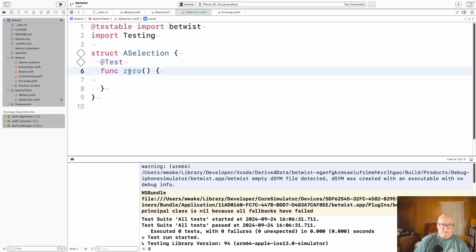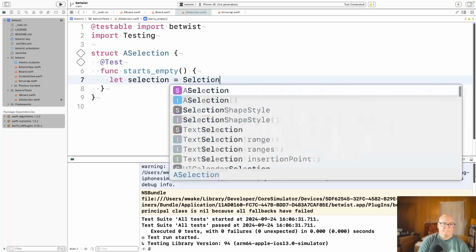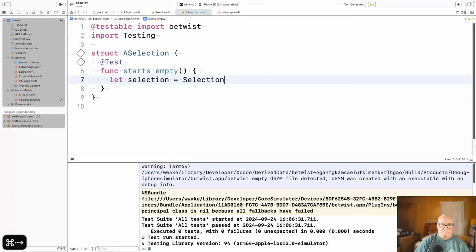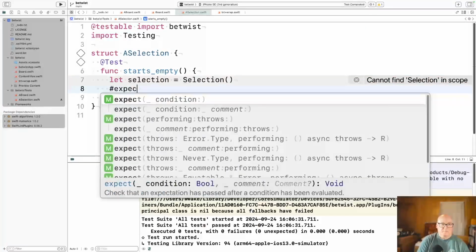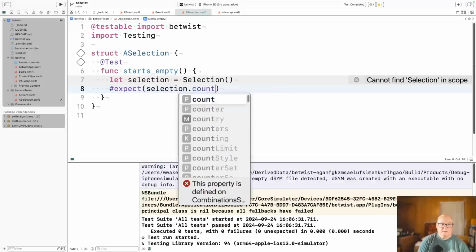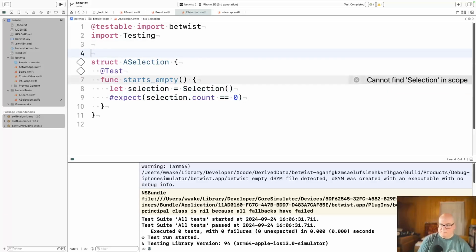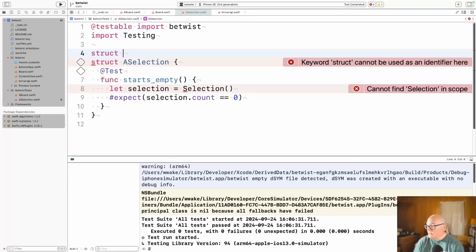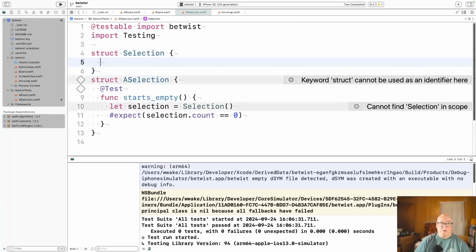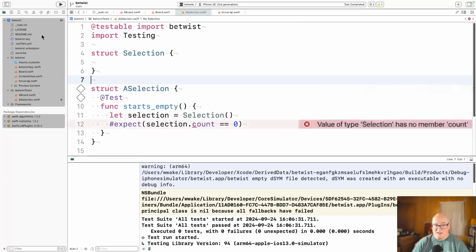So a selection starts empty. That, and then expect selection dot count is 0. Okay, and again, I definitely think we'll be using that operator again. So there's sort of this TDD like you mean it thing where you can start in the same file, even just because you got so little there. It's hardly